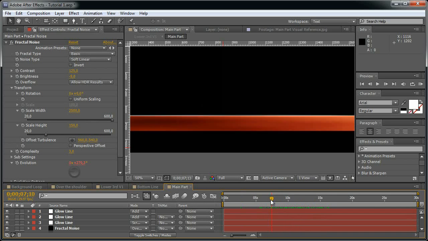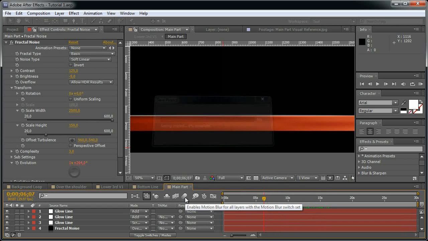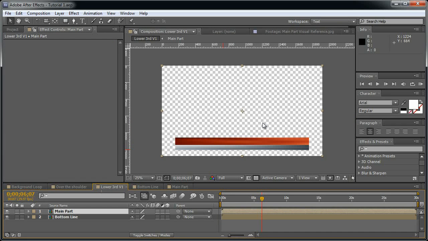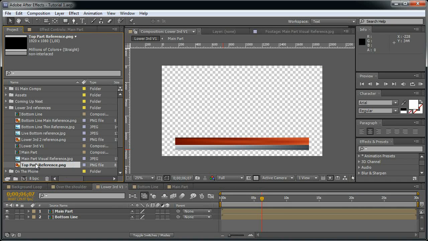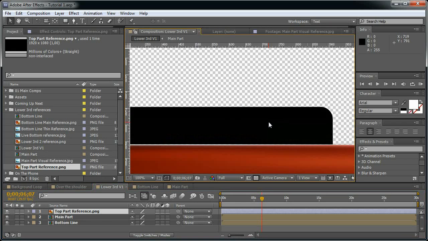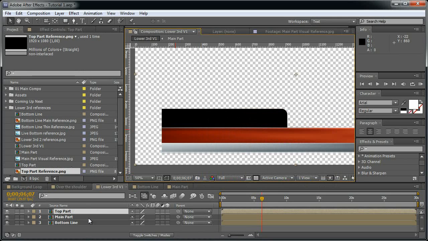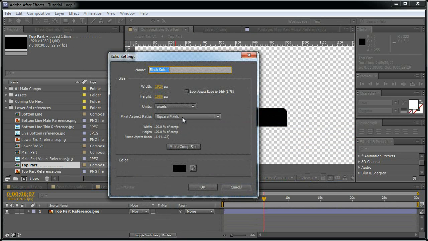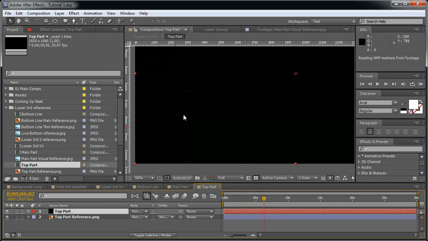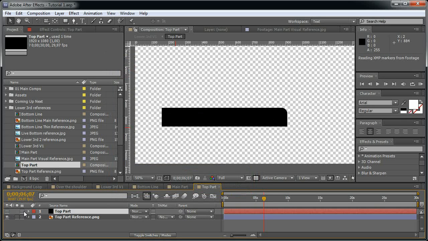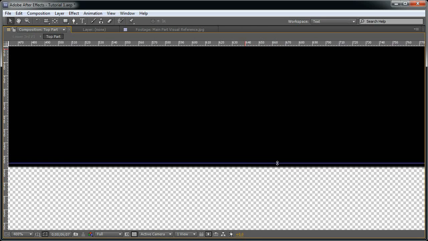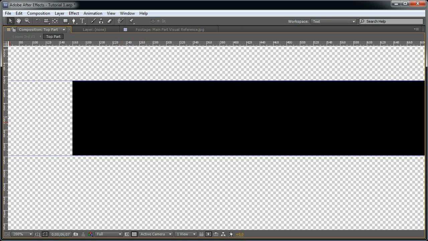As you can see, we can save the project and come back to the main composition to create the top part. So we need to take the top part shape reference. Let's pre-compose this one and let's call it top part. Open it up, create a new solid, and let's call it top part as well. And here we are going to use the guides to create